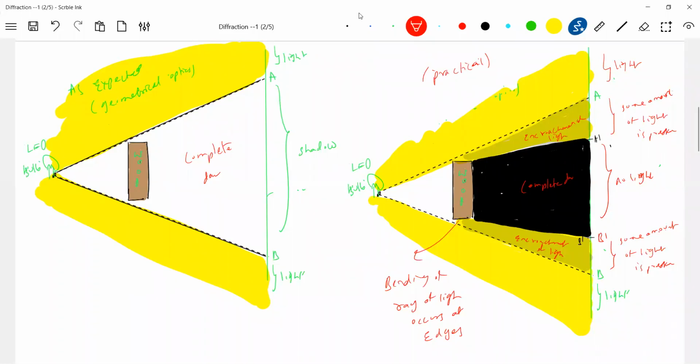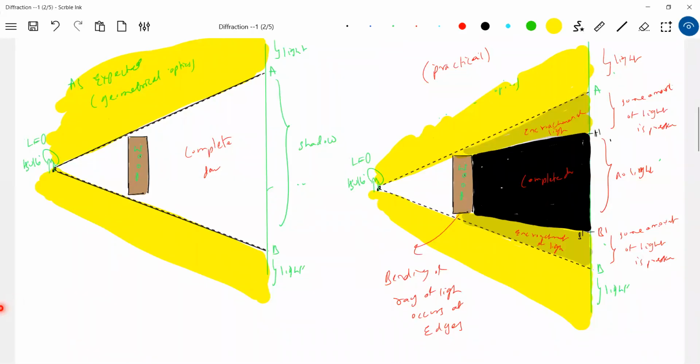Now tell me, this diffraction, is it supposed to be wave nature or particle nature? The wave nature, no? Because according to geometrical optics, the rays will just go straight. AB should be the shadow. This is what is expected, but practically this is what happens here. So here the ray starts bending, so ray optics becomes invalid here. Therefore, this diffraction phenomenon supports the wave nature of light. Okay, next we'll go for